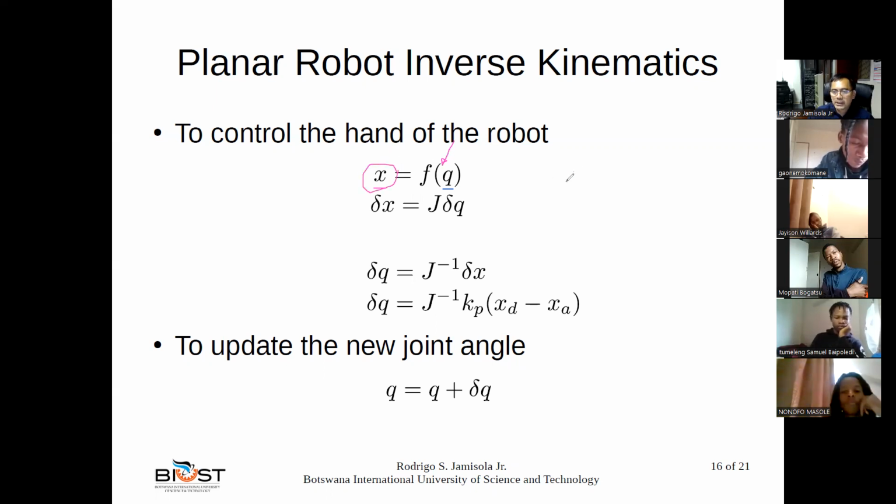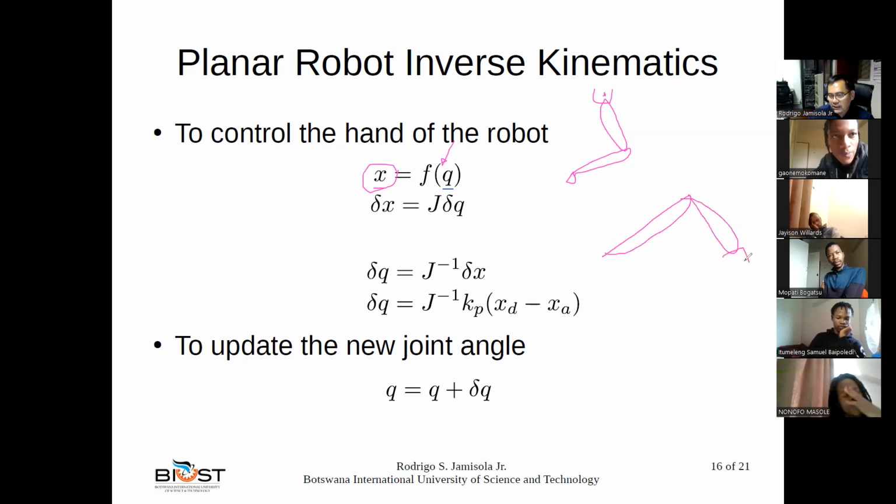So we move the joints like this, and then we can compute where your hand is. Now we want to do the other way, because what we really want for meaningful movement in the world is to command the hand to go somewhere, because that is where it will manipulate objects. So for example,